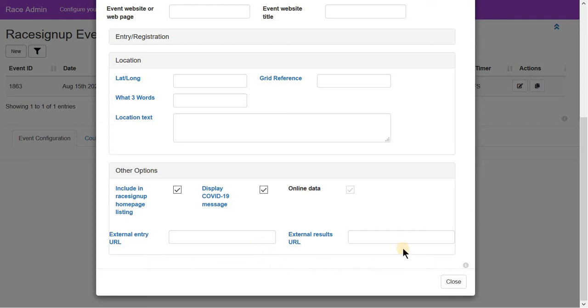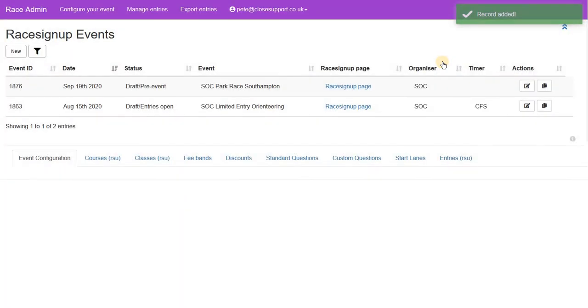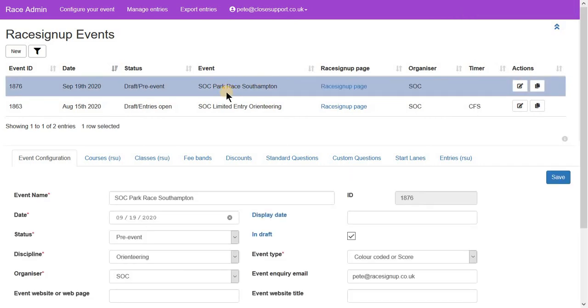Now, a word of warning here on this screen, it's really important that you don't at this point click the close button because you'll lose all of your edits. You must scroll back to the top of the screen and click Save New Record. So we'll do that. So now we have got the Soccer Park race in Southampton here in our list of events, and we can click on that and have a look at